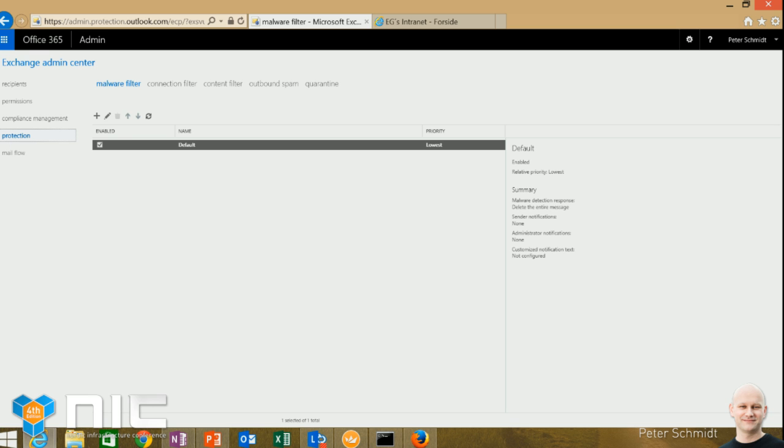It's still not set up so that our on-prem environment is actually able to use this. For our on-prem environment to be able to use Exchange Online Protection, we need to update our send connector in the on-prem environment to use EOP as a smart host. I'll just go back and get that setting.